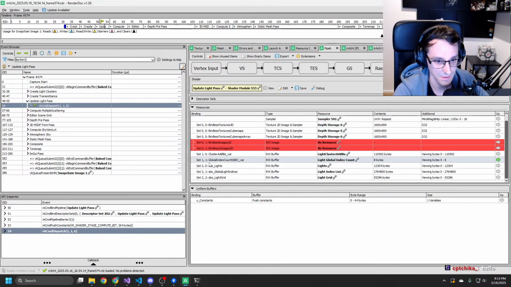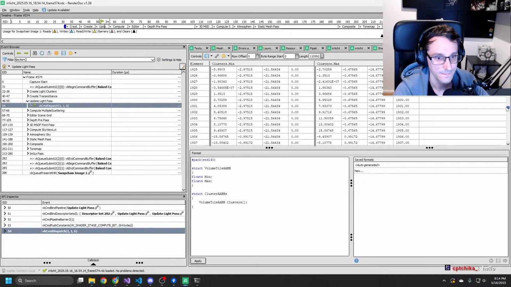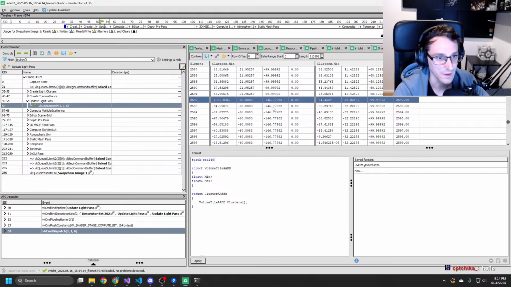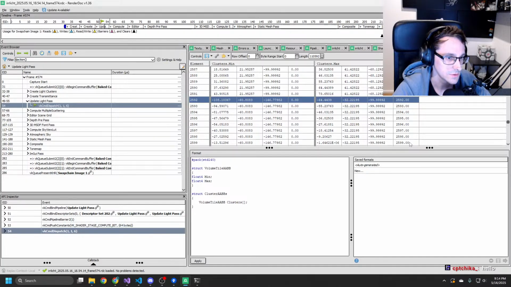We then can take a look at our clusters and go to 2592, and that goes... that's a little bit... maybe that's correct.